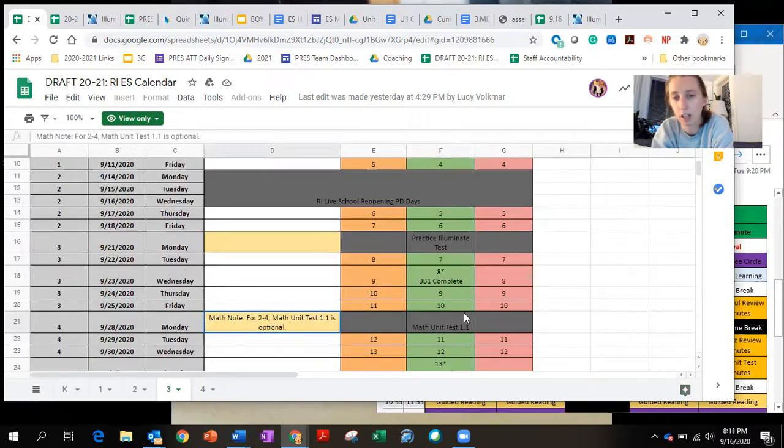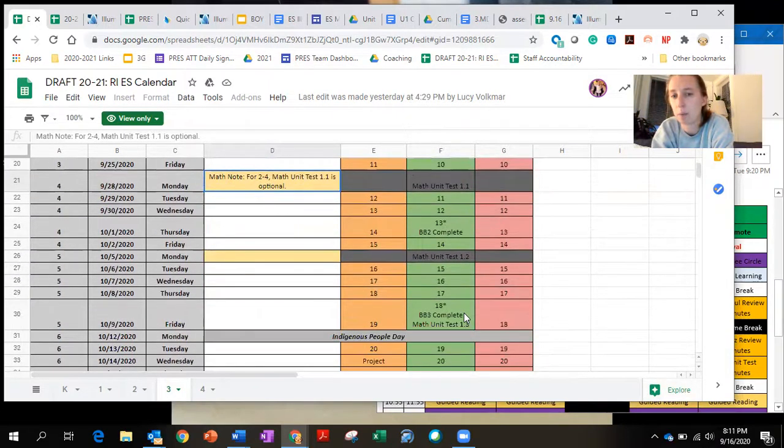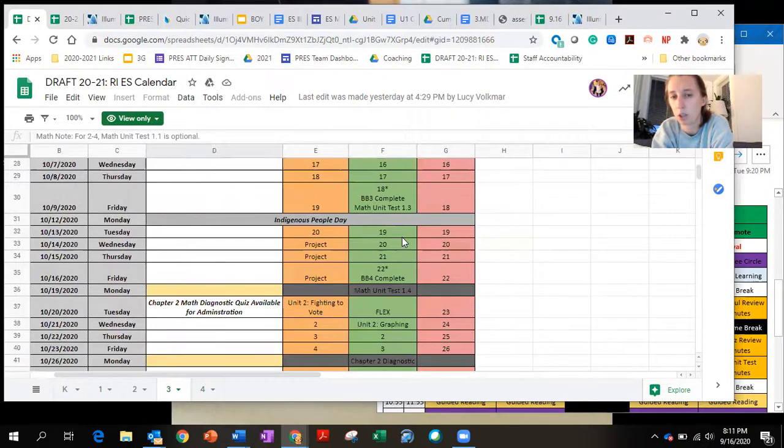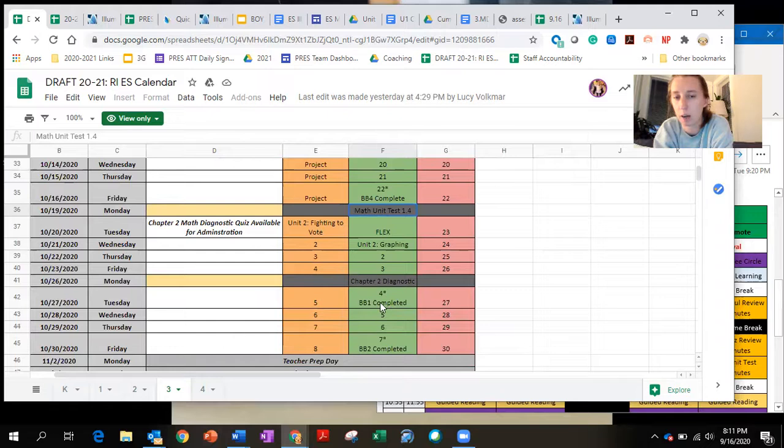For 3rd grade, you have a little bit easier. You're like, everything moves along sequentially. And so you have building block 1, building block 2. Building block 3 is eliminated here. And so we'll figure out when we want to give this. But it's building block 4. And so you can see when